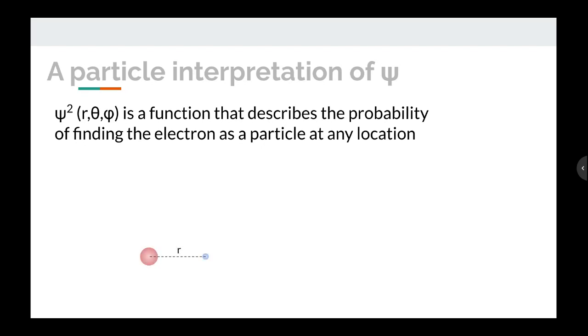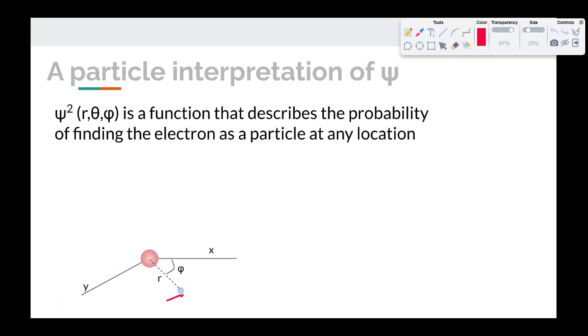This is what it looks like. R is how far the electron is from the nucleus, the radius. Phi, if you think about a flat plane, like the X and the Y in an XYZ coordinate system, is how far around that 360-degree circle, or 2 pi radian circle, the electron is located. So think about this radius as being able to sweep around in that flat plane, and how far it has swept around, well, that would be measured by phi.